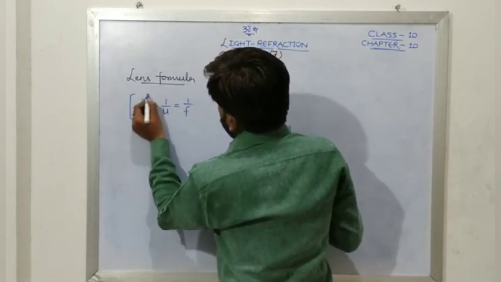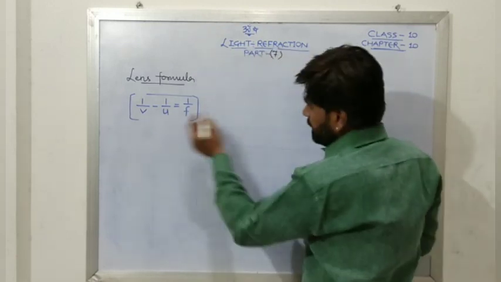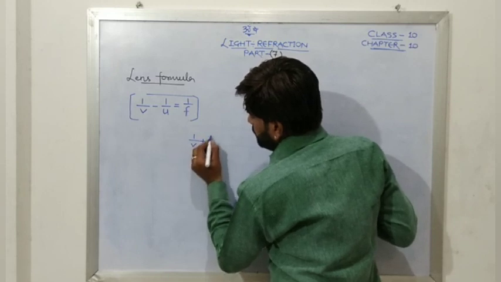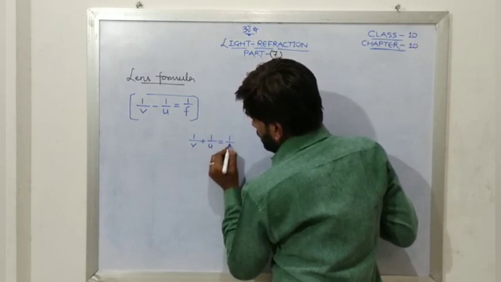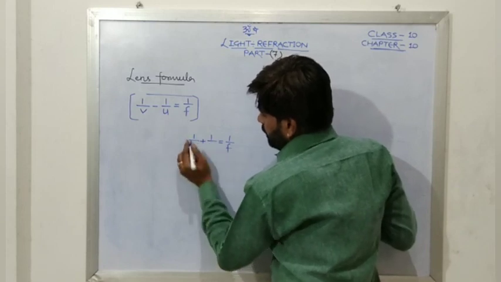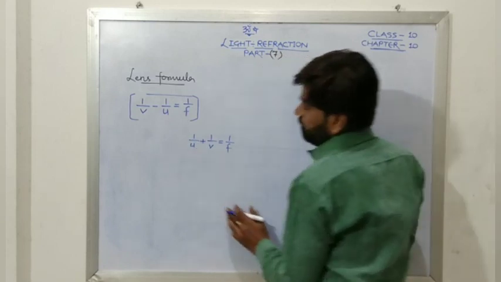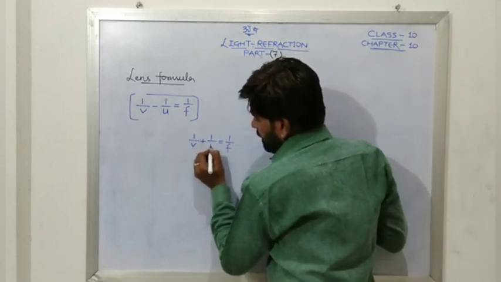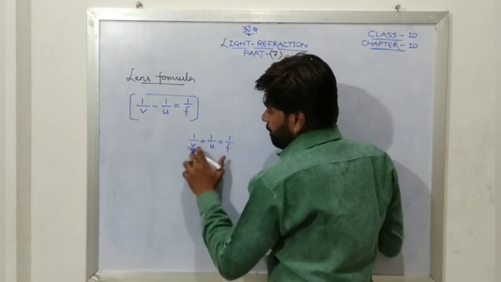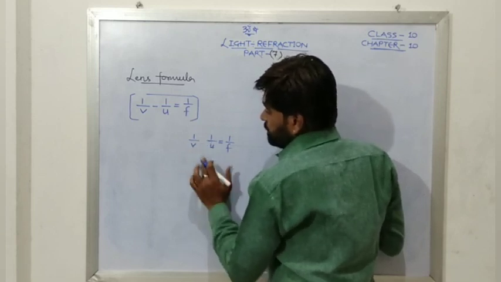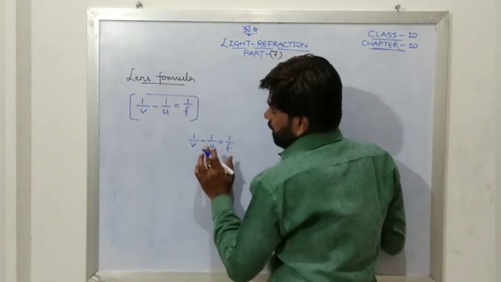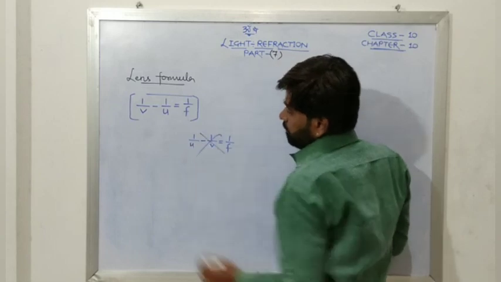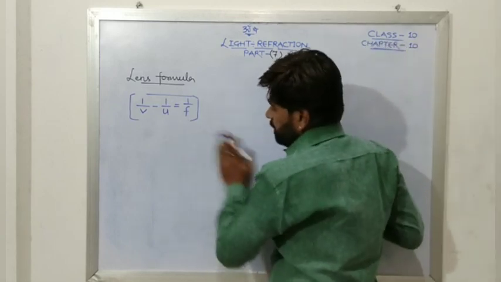Okay, remember, as we have seen in the mirror formula, what we have written there, 1 upon v plus 1 upon u is equal to 1 upon f. Or we were also writing 1 upon u plus 1 upon v is equal to 1 upon f. I told you at that time that you have to write v first and then u, and then you may make a short trick that in place of plus we have to put a minus for the lens formula. But if you are using u here and v here, then this will be wrong. So remember this very important one.